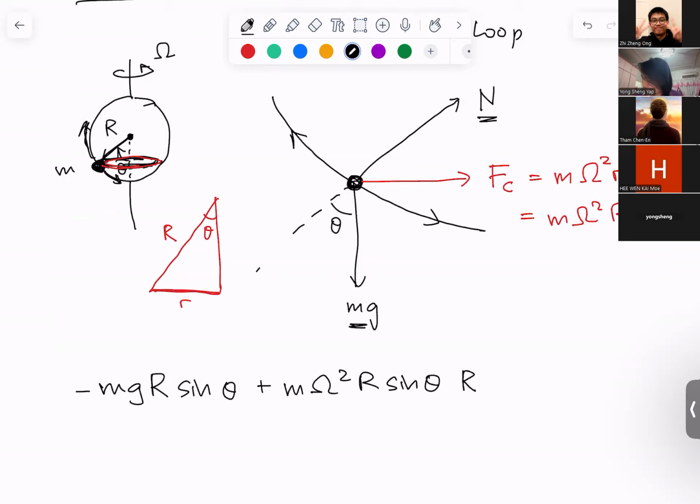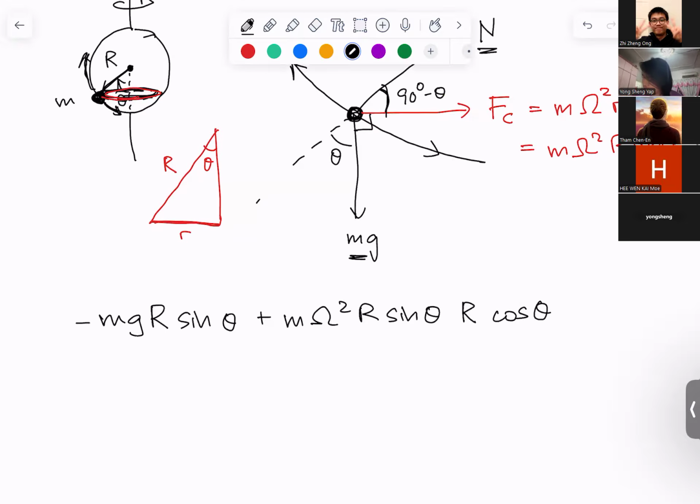And the two are separated by an angle. The centripetal force and the other are separated by this angle, which is 90 degrees minus theta. Okay, this is 90 degrees minus theta, so it's cosine of theta. And this entire thing